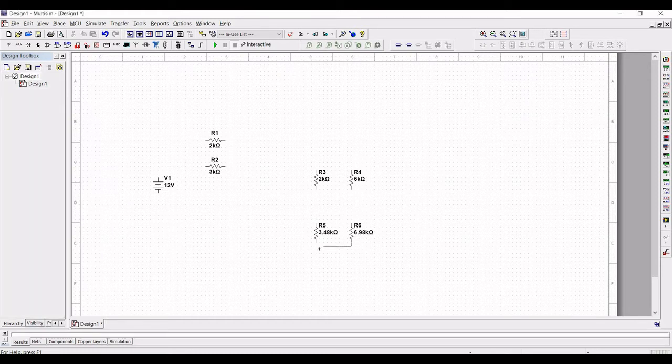Now let us connect the resistor R6 to R5 and connect the resistor R5 to R6. Connect the resistor R3 to R5 and R4 to R6. Connect the resistor R3 to R4 and from resistor R2 to R3. Connect the resistor R1 to R4 and from